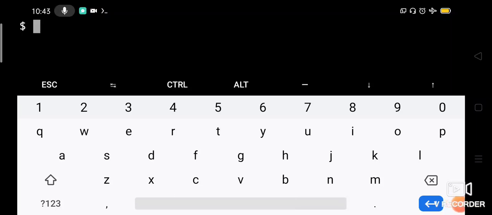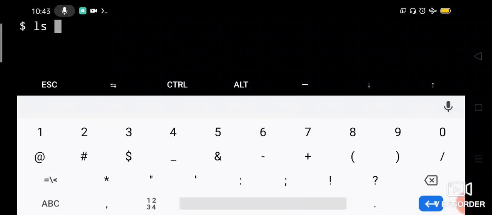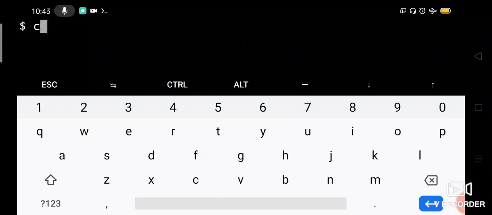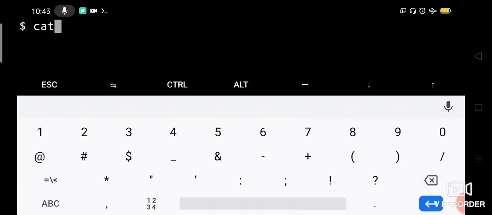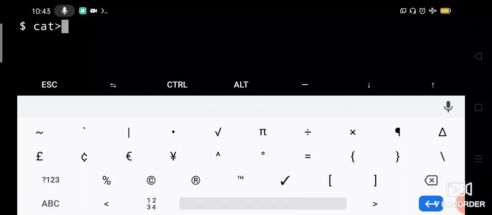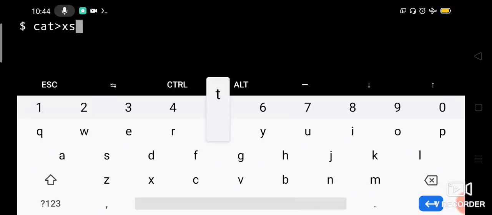First let us check what the default permissions are for a file. Let us say ls. We'll create an exstart file so that you can understand clearly and remember. As I don't have an exstart file in my system, I will create one. How to create? You can use the vi command, or the gedit command, or the cat command for creation of the file. I will say cat exstart.